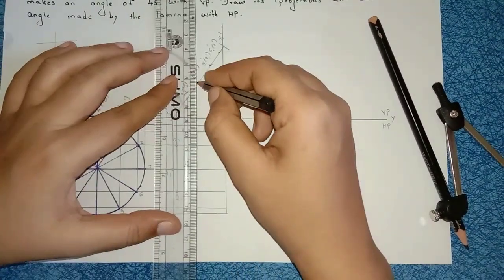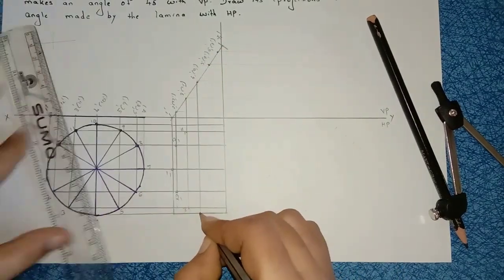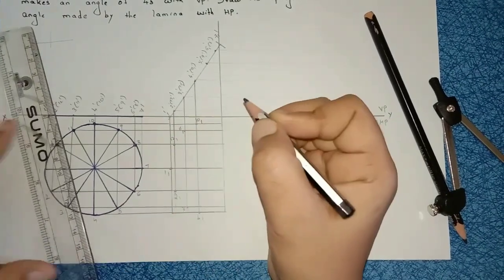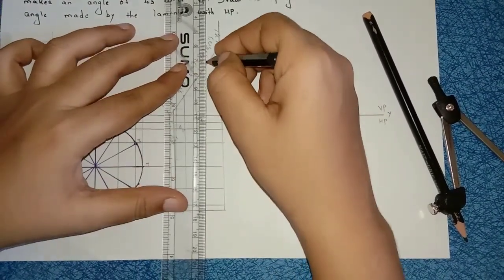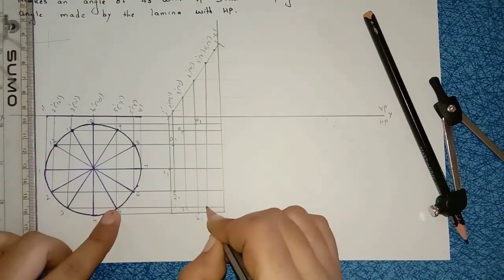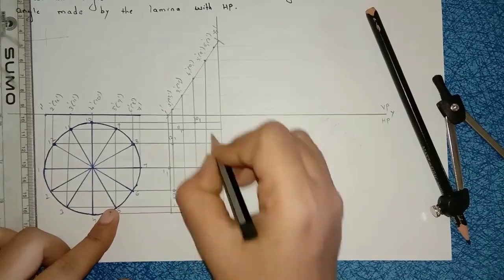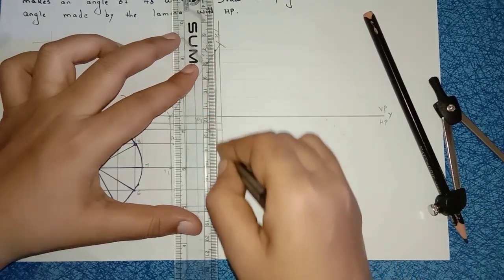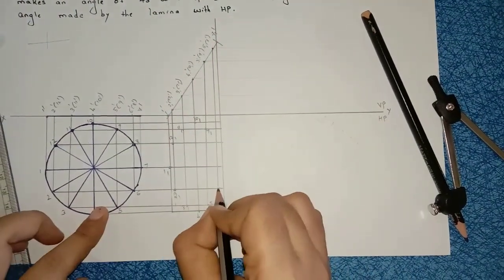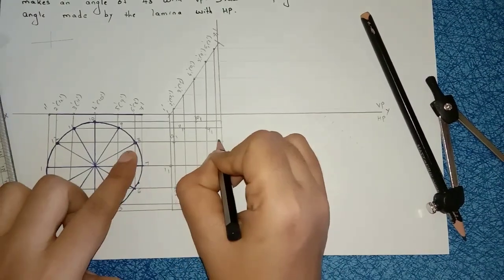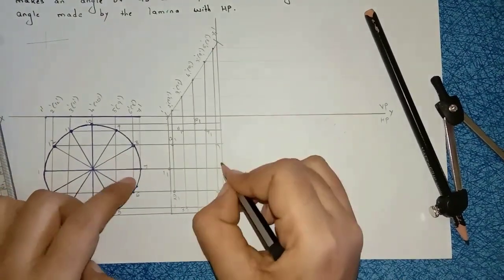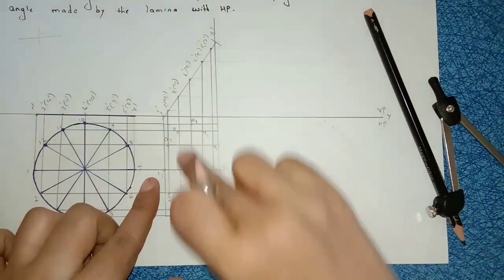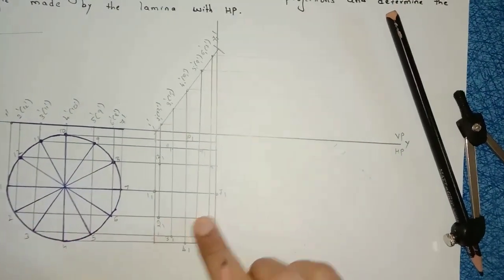Then next 4 and 10. From 4 I will draw a line, 4 to 4. I will name this part as 4 1 and this part as here 10 1. Then next 5 and 9. From 5 I will project a line till 5th point, 5 to 5, 5 1, and here 9 1, 9 to 9. Then next 6 and 8, right? So 6 point, this is 6, name it as 6 1. 8 point, this is 8 1, and 7 to 7, this is the point 7 1. 1 to 1, 2 to 2, 3 to 3, like that, right?